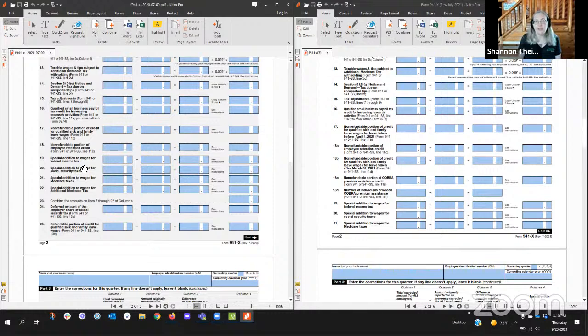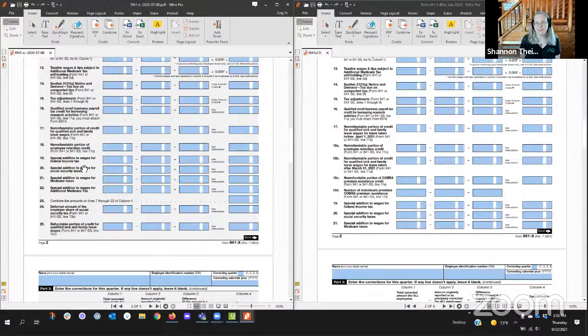So none of the non-refundable portion of the credit for the employee retention credit talks about Medicare. Even on the updated one, it doesn't say that it's now taken off of Medicare and not Social Security. So I'm not entirely sure how to